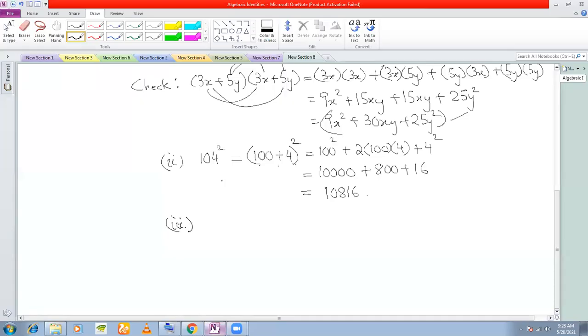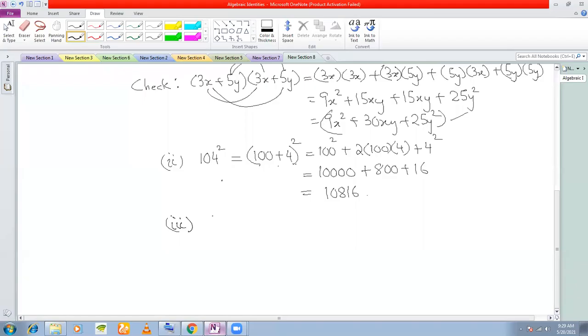Sir, we use this formula for taking out the square. You can use. I'm just showing you that you can use, whenever it makes your multiplication a little simpler. That is why you can use this formula to find out the squares of numbers also. Okay, so let us take one more example.